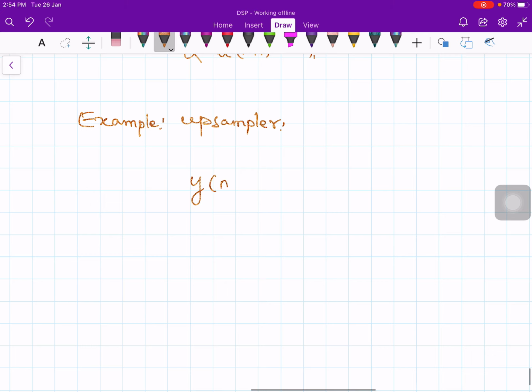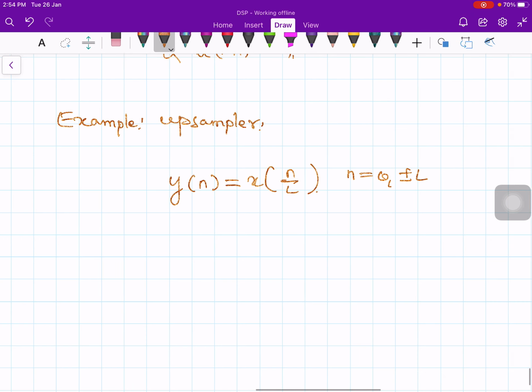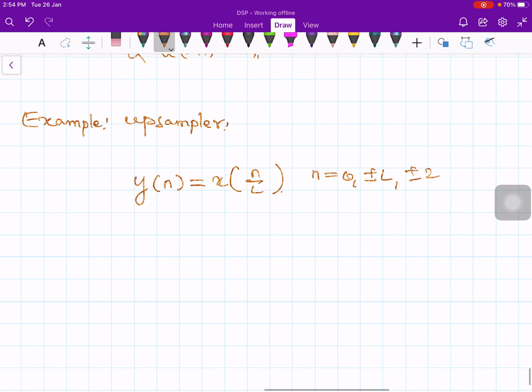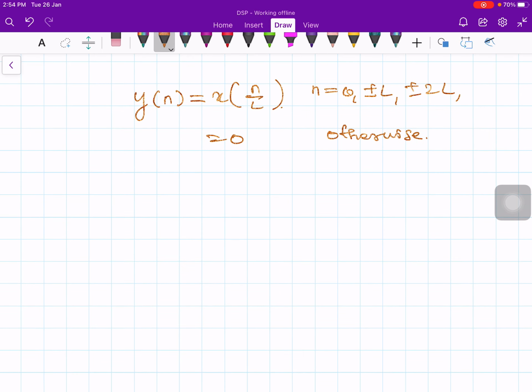Okay, y of n is equal to x of n by L, where n is equal to 0, plus or minus L, plus or minus 2L and so on and so forth, and 0 otherwise. This is my upsampler. Now the DTFT is given by